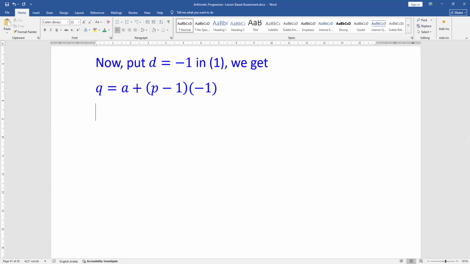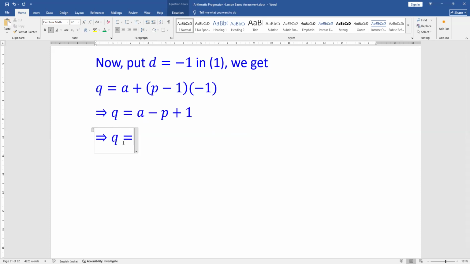Next step, write 2 equals a plus. Now here, minus 1 into p is minus p, right? Minus p, and then minus 1 into minus 1 is plus 1. Then, in my next step, write